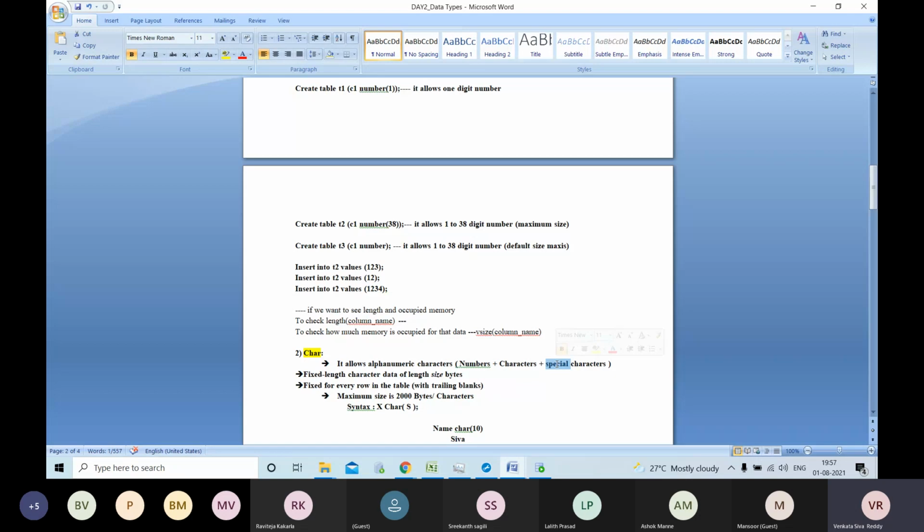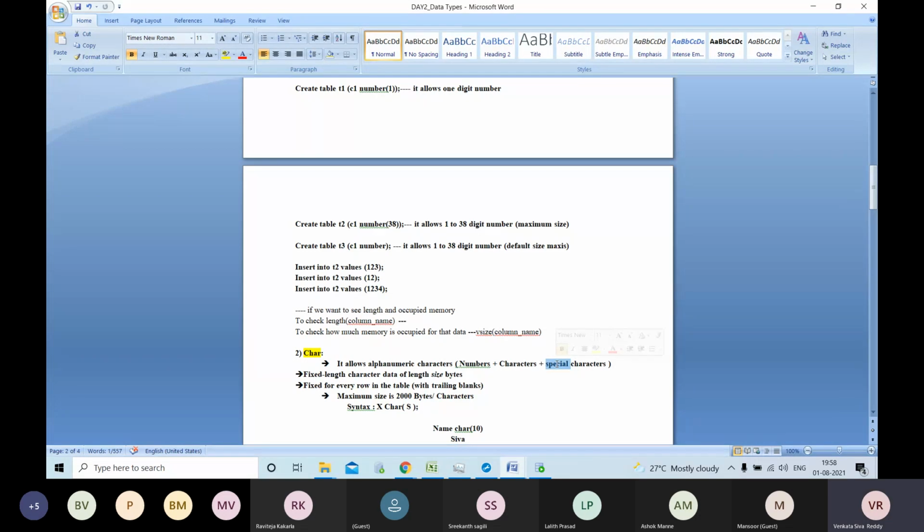If you use the varchar2 data type, it works like a variable length data type. Suppose you decided the name will be 10 characters. Not all people have the same length of name; Shiva Reddy has 10 characters, while Shiva has only 4.